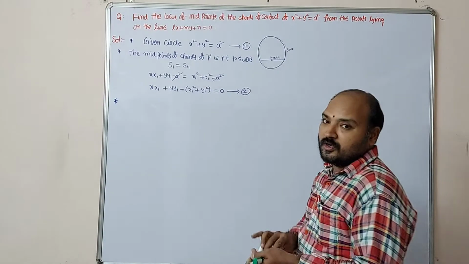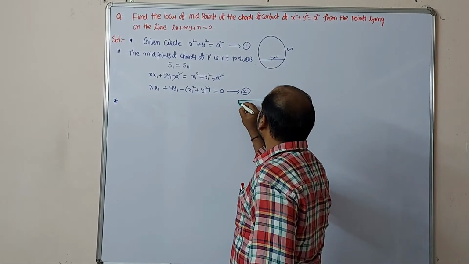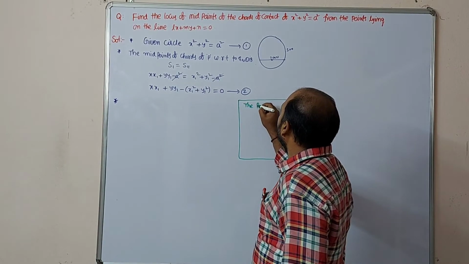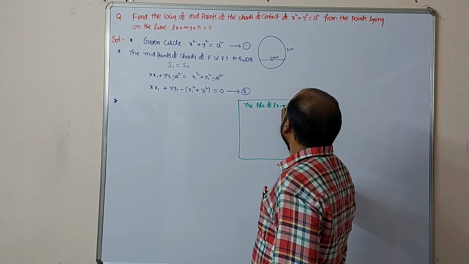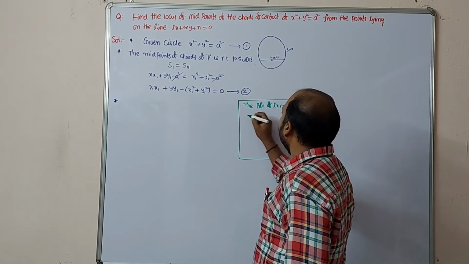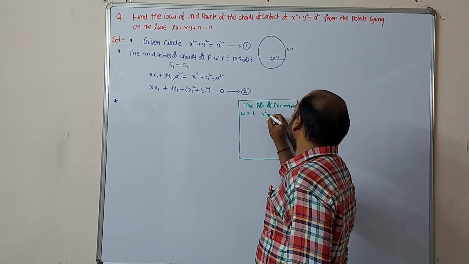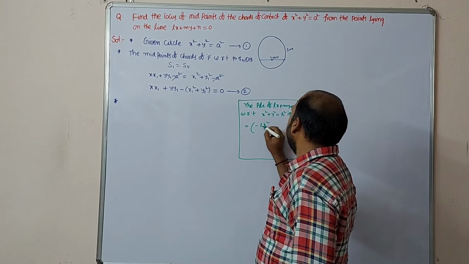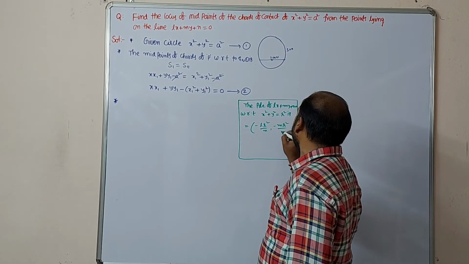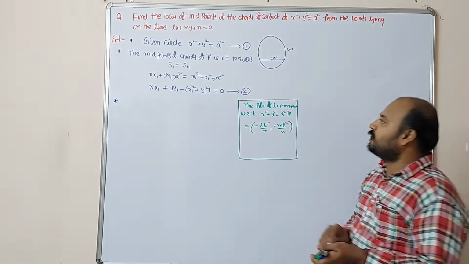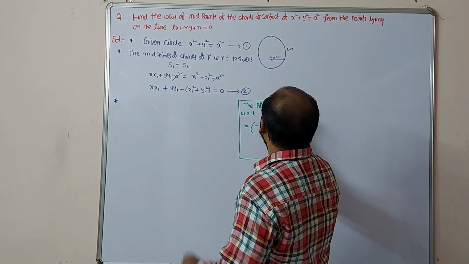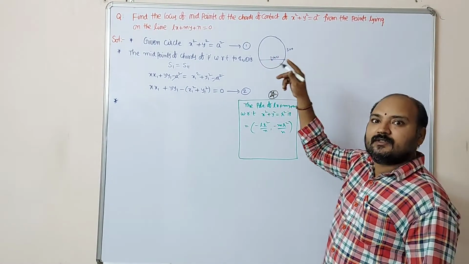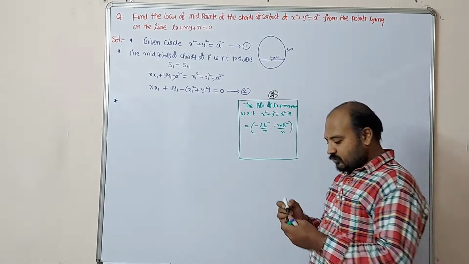Before that, I will write one important formula. The pole of this line, in the previous classes we discussed, the pole of Lx plus my plus n is equal to 0 with respect to x square plus y square is equal to r square is minus lr square by n comma minus mr square by n. So by using this formula, this is the important formula. Why we are taking that pole means this point is for the required circle, it is a pole. So that's why